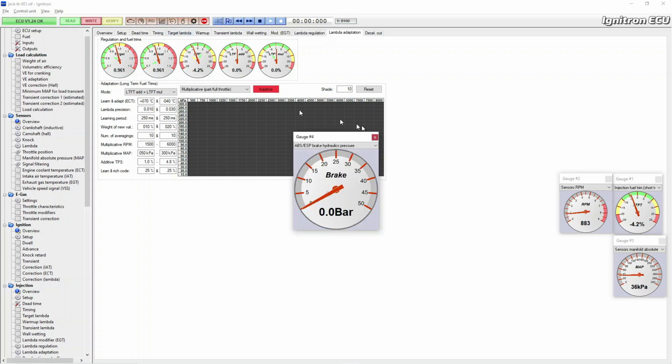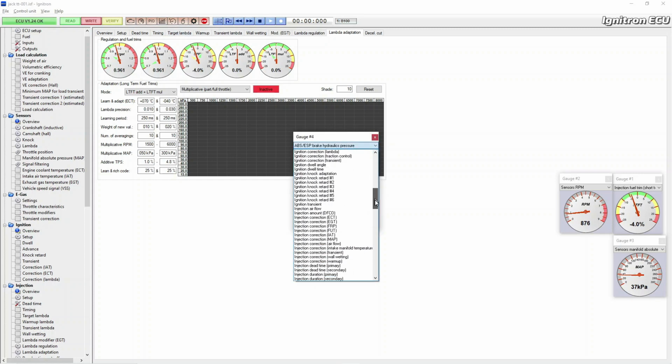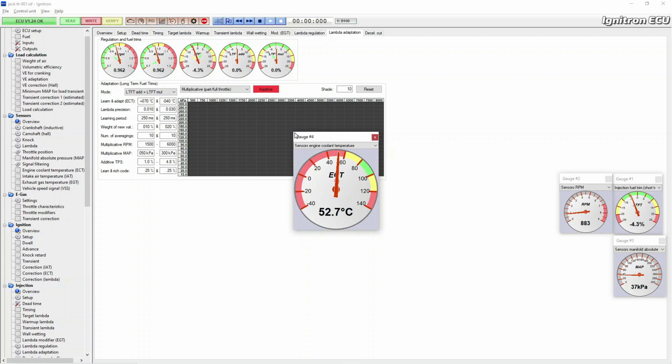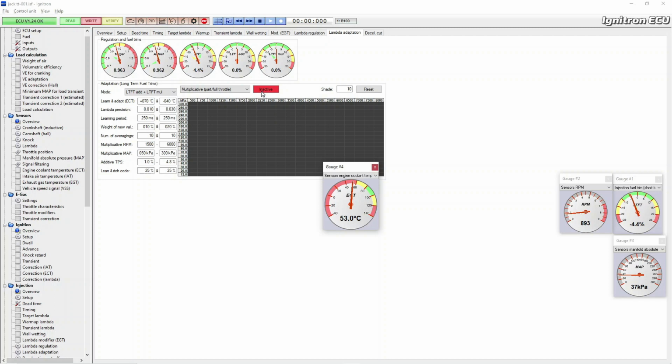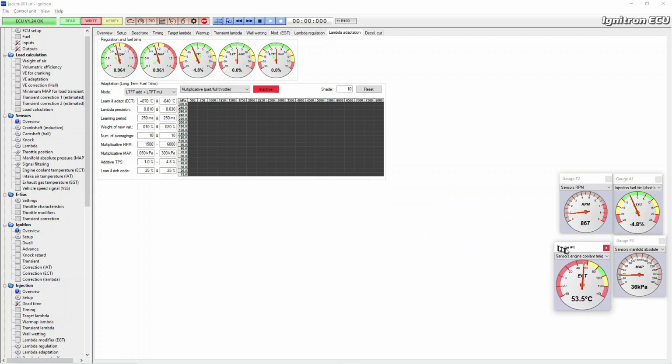Another one to look at, just because you're not quite sure, it's not a car we built, is sensors, engine coolant temp. So if weird stuff isn't happening, like at the minute, for example, adaptions inactive, the reason for that is because it's not got past 70 degrees yet. It's sat at 53. So when people are saying, oh, I've done this work and I've run around the block and I've had a check and it's done no adaptions, just check your coolant temperature settings. If it's not warmed up, it won't adapt. Now you can play with these settings. I generally put them to 60, but